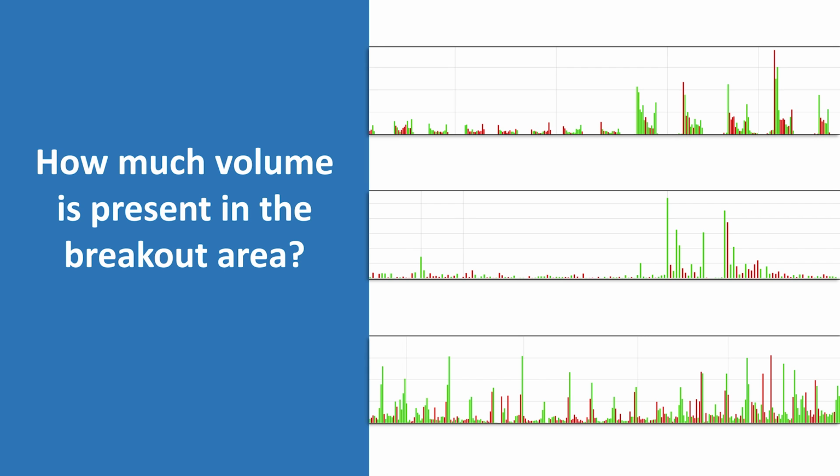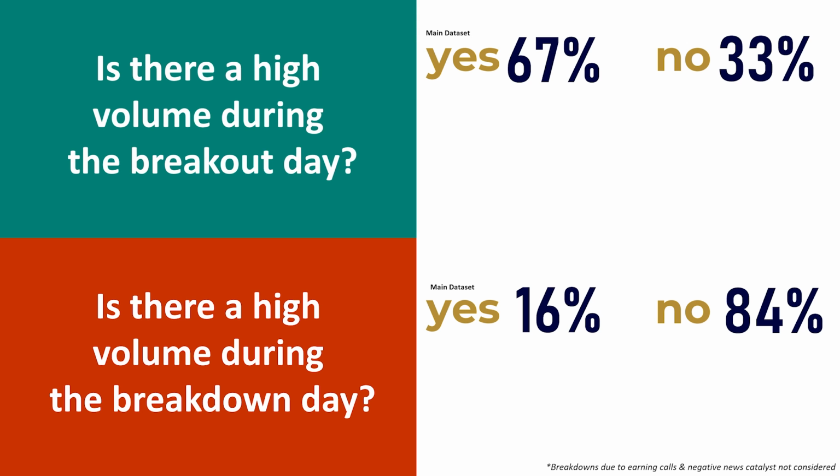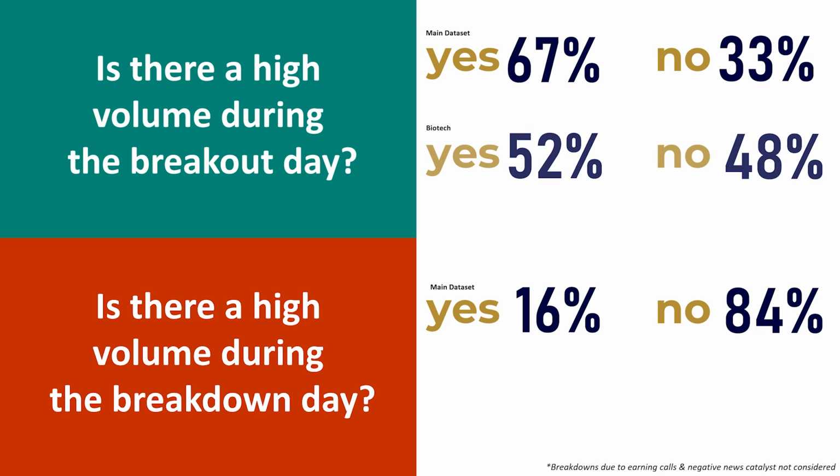We move on to the next question: how much volume is present in the breakout area? The answer to this question was yes or no after reviewing the daily charts. Yes, meaning there is an unusually high daily volume in the breakout day. We see in the main data set it was the case in 67% of the cases. When we look at biotech, it was the case in 52% of situations,